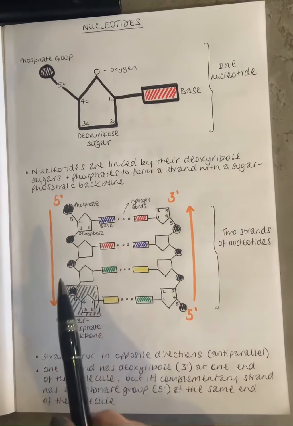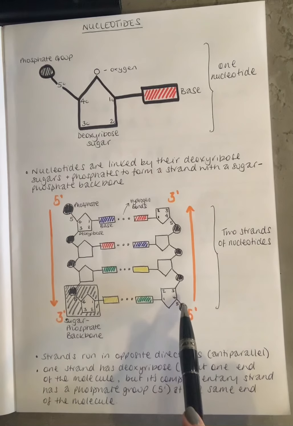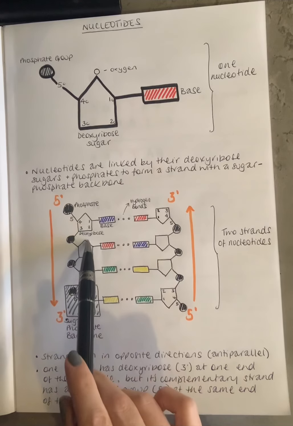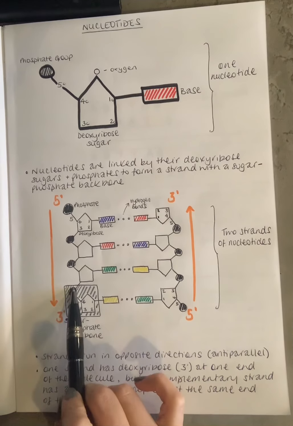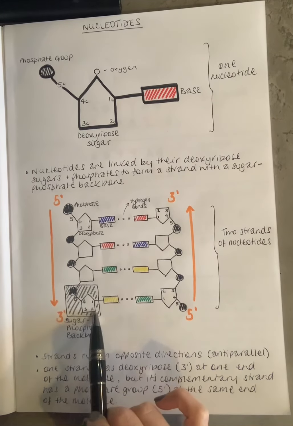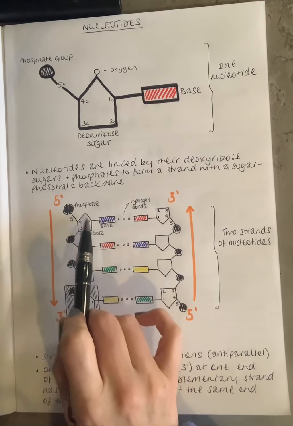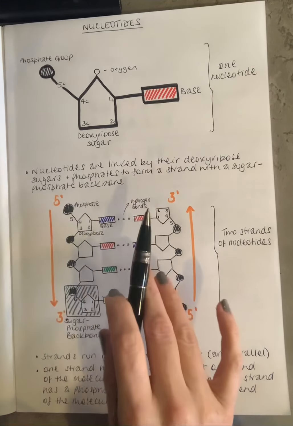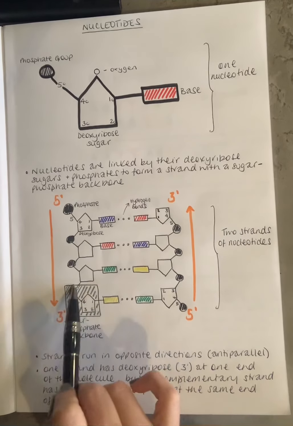As we can see here, we've got 2 strands, so our double-stranded molecule, and those strands are made up of lots and lots of individual nucleotides. So this wee bit here is just showing you that here is our phosphate group, here is our deoxyribose sugar, and that is making our sugar phosphate backbone, because these bases come out separate from that backbone as such, but it's still joined as the one unit,